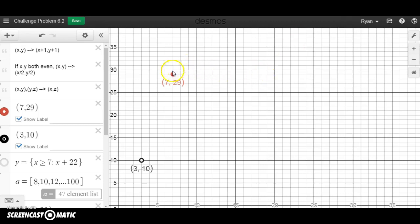In the premise of the problem it says that we're given the ordered pair 7, 29. And then every minute we can create new ordered pairs using one of these three rules. For any x, y you get, you can birth the point x plus 1, y plus 1. If x and y are both even, so if both of the coordinates are even, then you can create the ordered pair which is half of each one of those. And then for any two ordered pairs that exist, x, y, and y, z, you can birth the ordered pair